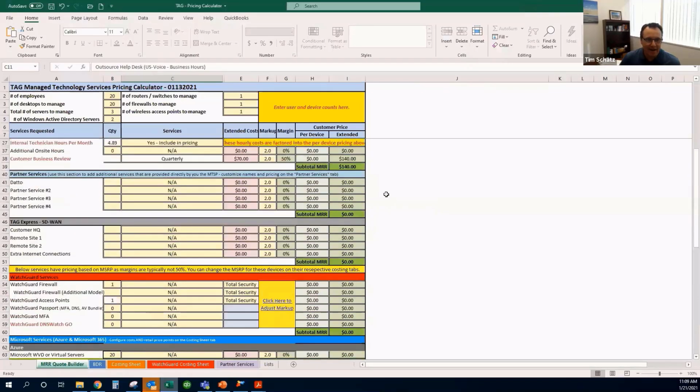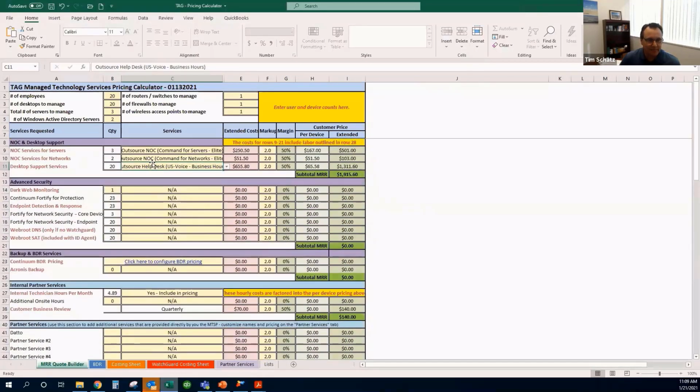I'm going to go back up. We're going to add a couple more items on here. We're typically going to have these items in red are the ones that Lane definitely recommends we include in the typical offering. Obviously, dark web monitoring, yeah, we're probably going to need that. The endpoint detection and response, there's a couple of products here. We have Fortify for Endpoint. We have a Solutions Granted product. Panda Adaptive Defense, obviously, is another one. Whatever you use, you can even add your own if you don't use one of these in that other services box. But let's say we're using,